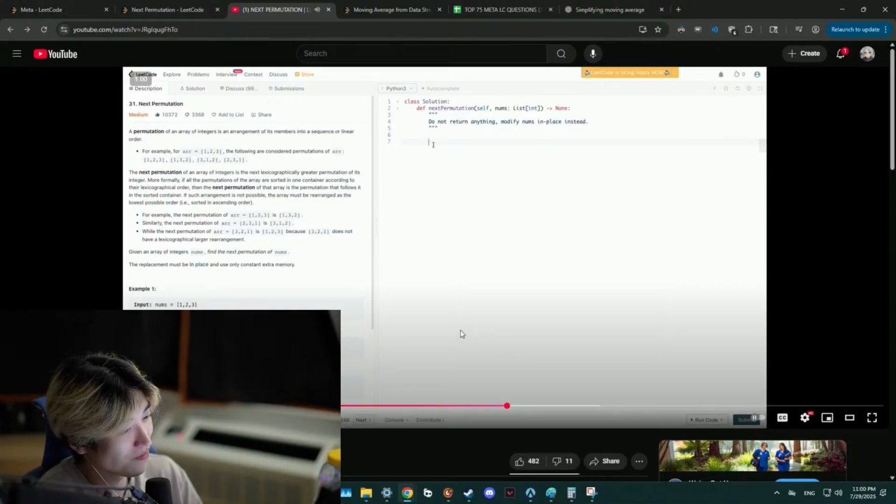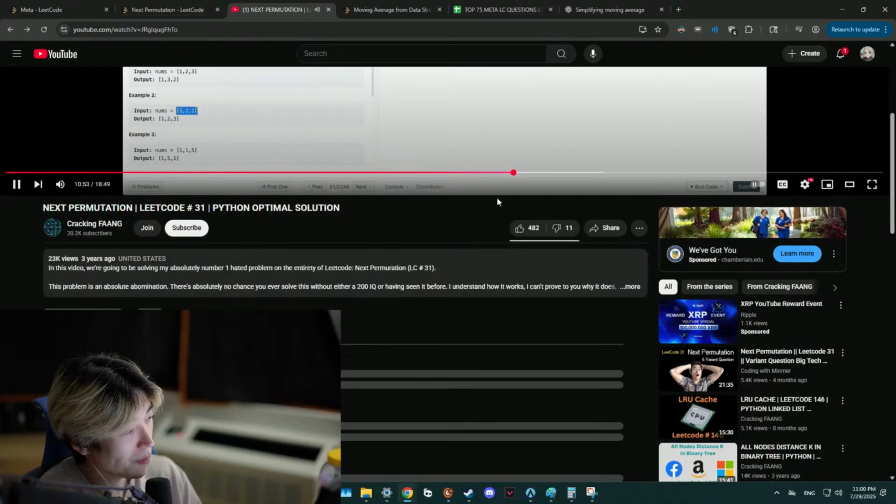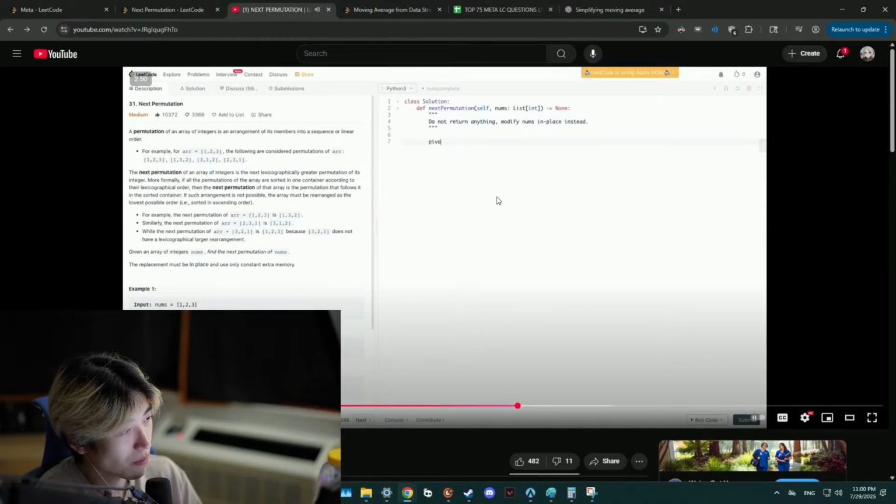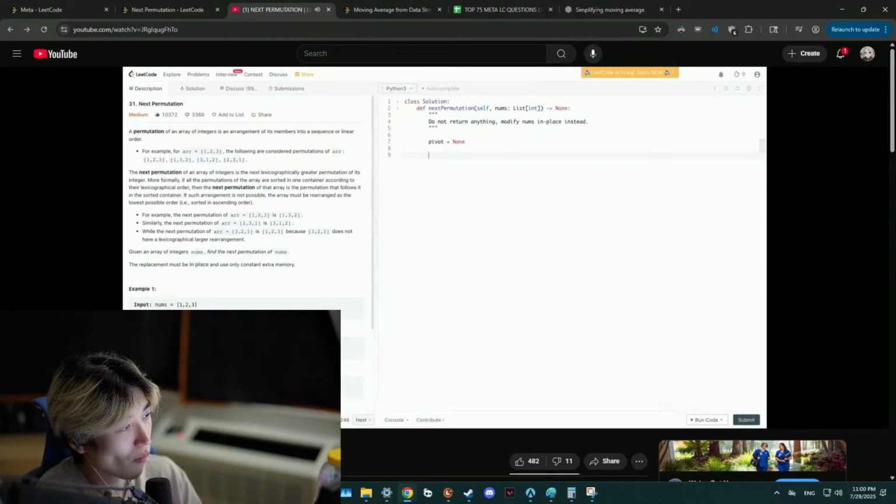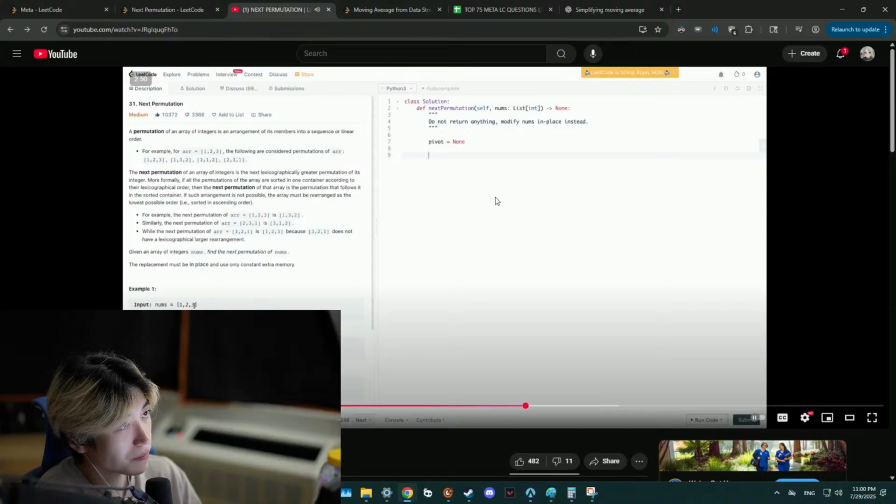So remember that we need to look for the pivot point if it exists. Remember, it can possibly not exist in the case that we have something like 3, 2, 1, where there is no pivot, and all we need to do is simply reverse the array. So let's say our pivot is going to be equal to None, because in the beginning we don't have one. And remember, we're going from right to left, looking for the point where the array going from right to left